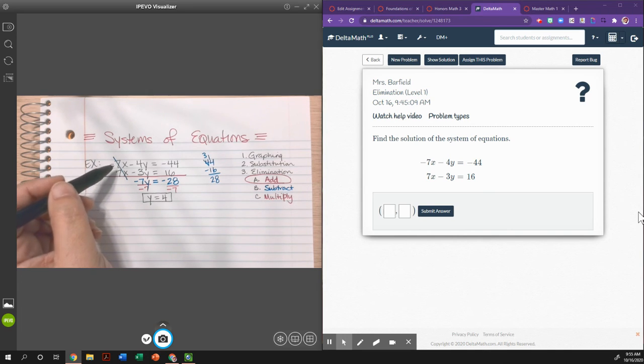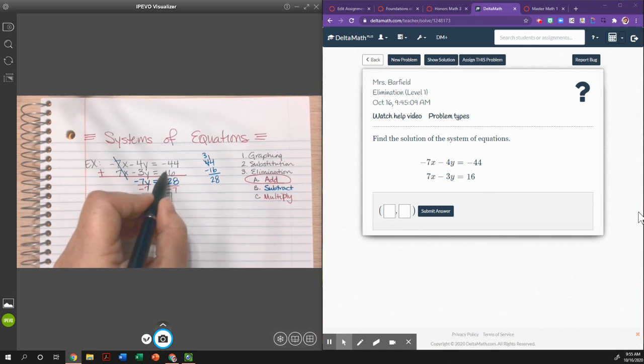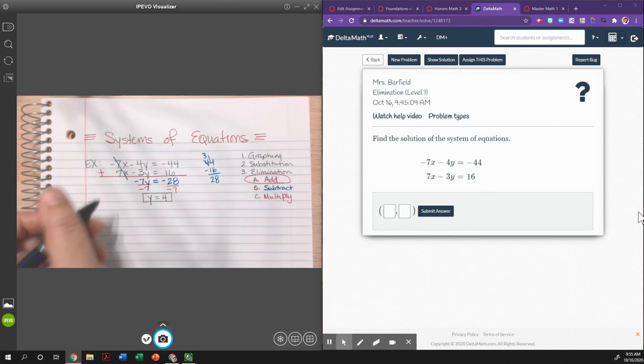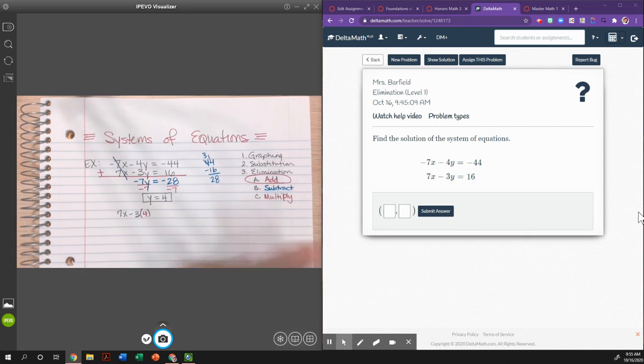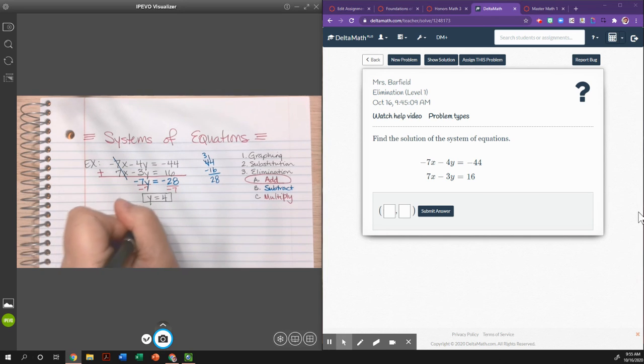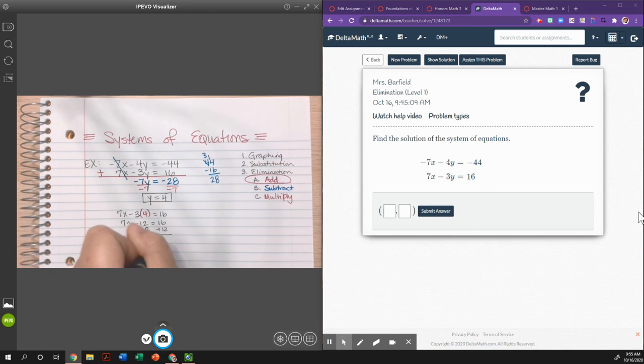And honestly, I can't tell you which one may or may not be easier. I'm going to take the second one just because I don't want to deal with negative 44. So I'm going to take 7x minus 3, and instead of y, I'm going to replace it with 4, equals 16. So 7x minus 12 equals 16. I'm going to add 12. So I get 7x equals 28. Divide by 7,